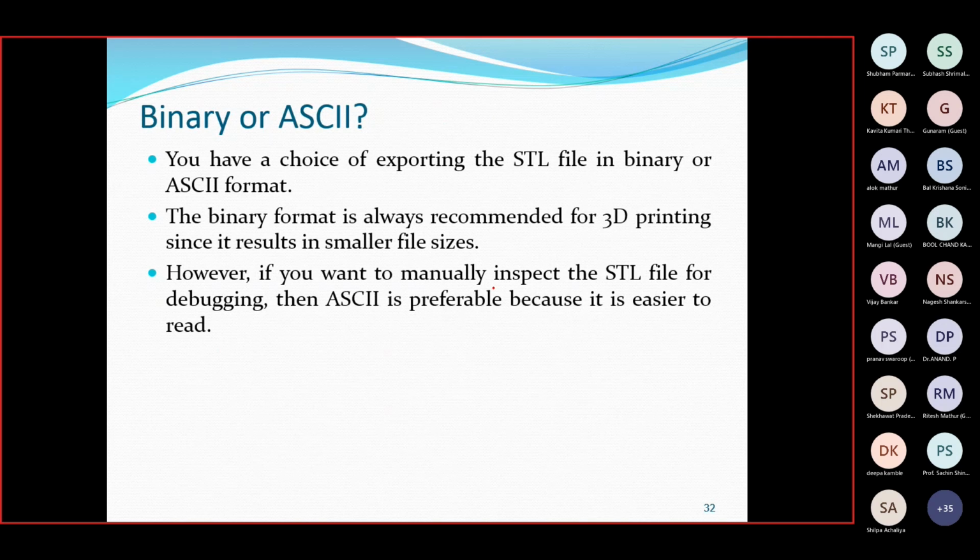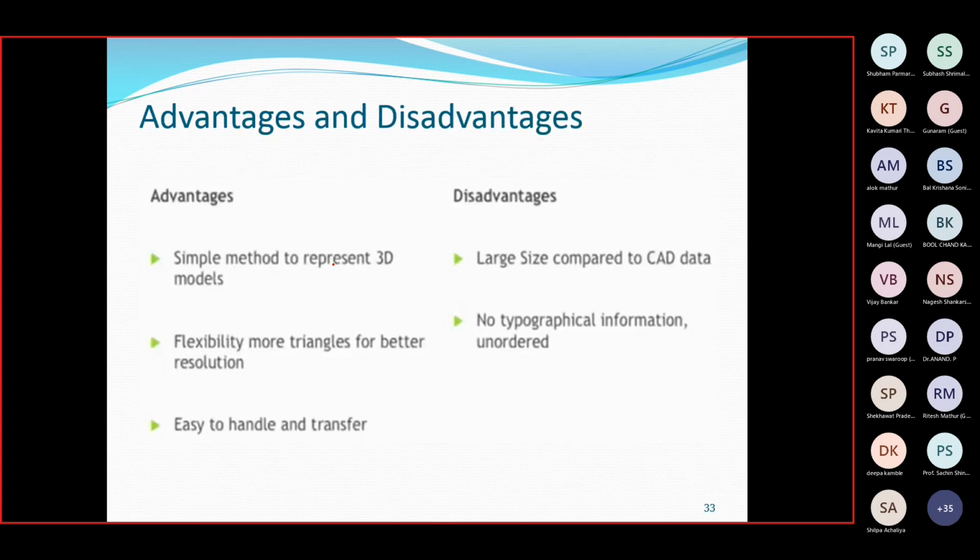And if you ask me why we should go with binary or ASCII, I will say always go with the binary part. Binary is always recommended, but you are completely unable to read and generate binary STL files yourself. So definitely you have to work in ASCII format, and then the system or software itself will convert ASCII format. So binary is recommended for printing purposes itself.